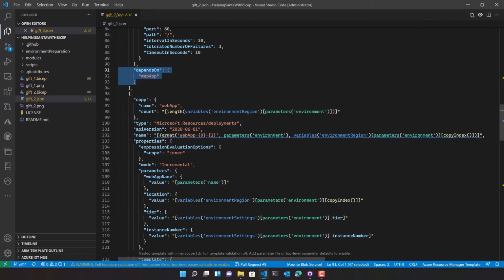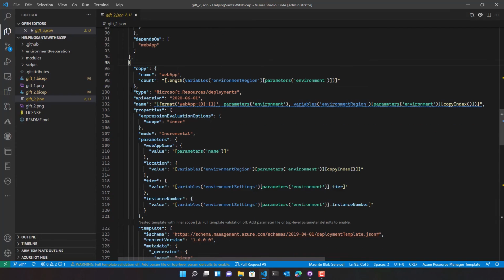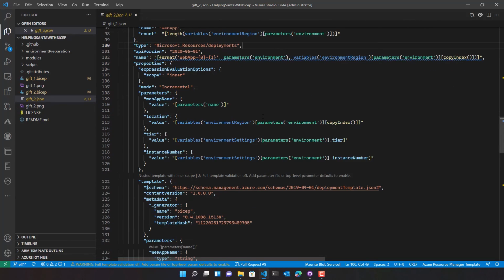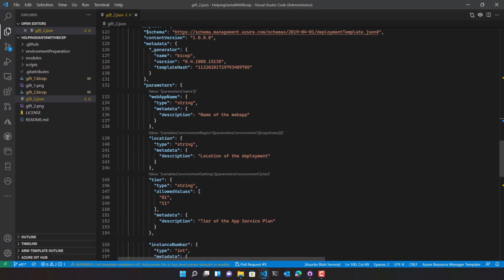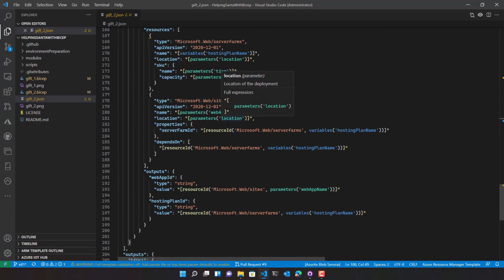Then we have a copy loop for the web app creation, and as I was mentioning before, since this is an external module, it's represented as a nested deployment in our own template. And again, we have copy loops that deliver all the stuff we need to obtain the web application.